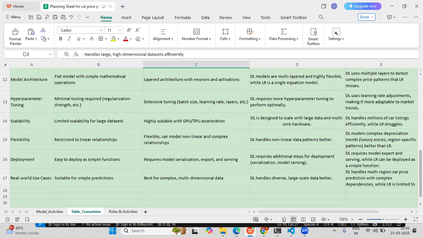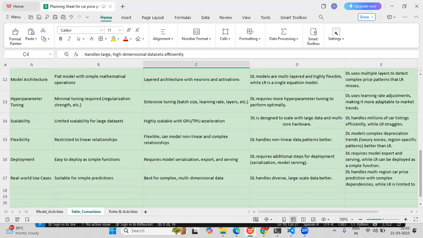So deep learning requires additional steps for deployment like serialization, exporting and model serving into different environments, but linear regression can be deployed as simply as that because it is a simple mathematical function.